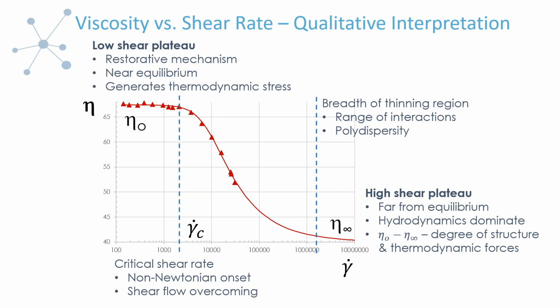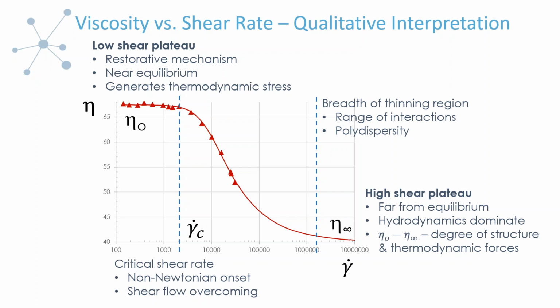So the low shear plateau is, as is clear from the plot and as makes sense when you think about what's contributing to it, a higher value in viscosity. And it exists because there's some restorative mechanism acting microscopically to resist the deformation of the structure that the external flow field is imparting. So it's able to maintain some state close to, but not quite at equilibrium, because we still have an external flow field. And this mechanism is going to generate what we refer to as a thermodynamic stress.